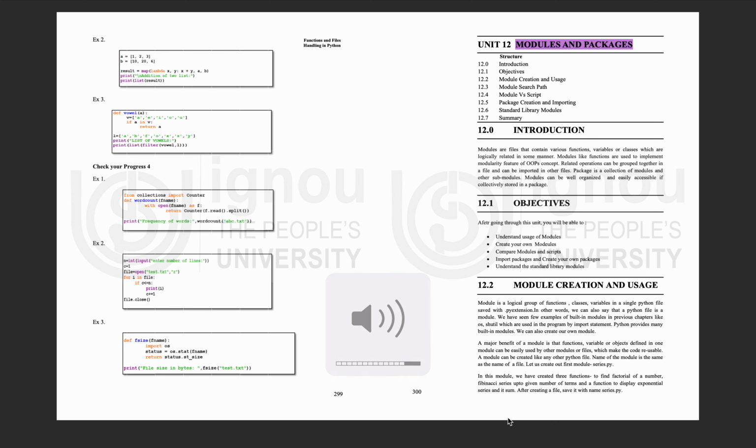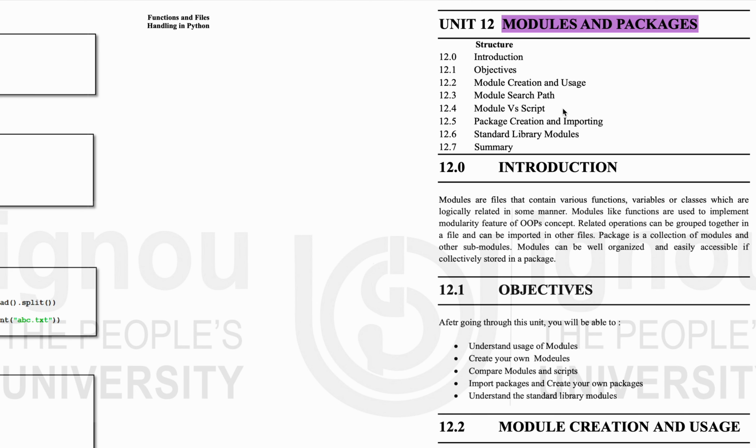कंटिन्यू करेंगे यूनिट 12 जो कि है MCS 201 के ब्लॉक 3 की लास्ट यूनिट है। इसके बाद ब्लॉक 4 आएगा। तो मॉड्यूल्स एंड पैकेजेस, सी में मॉड्यूल्स एंड पैकेजेस के बारे में बात कर रहा है। तो मॉड्यूल्स क्रिएशन एंड यूजेस, मॉड्यूल सर्च पाथ, मॉड्यूल वर्सेस स्क्रिप्ट, पैकेज क्रिएशन एंड इंपोर्टिंग स्टैंडर्ड लाइब्रेरी मॉड्यूल्स।